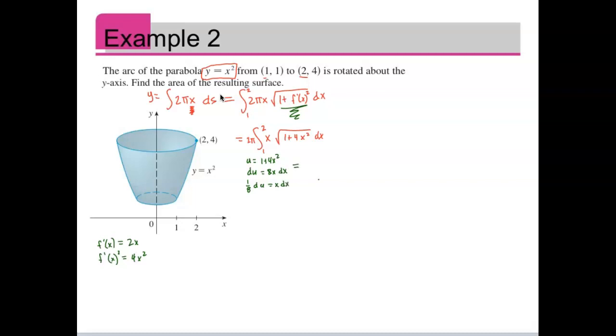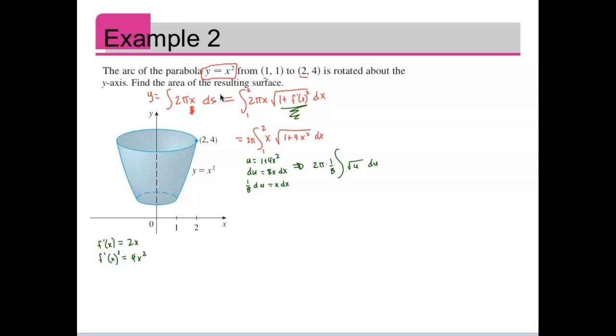All right, so if I apply that u-sub, I still have the 2 pi. I'm going to bring out the 1/8. This just becomes the integral of square root of u du. And then I don't really want to go back to terms of x, and this is a definite integral. So